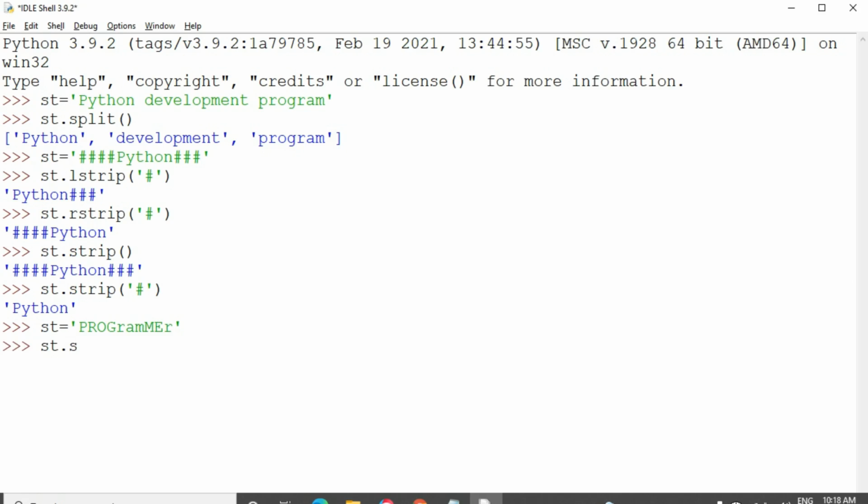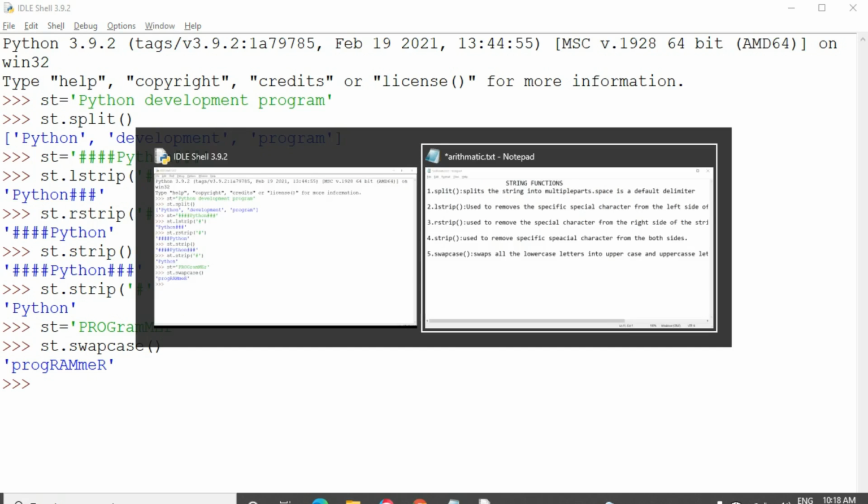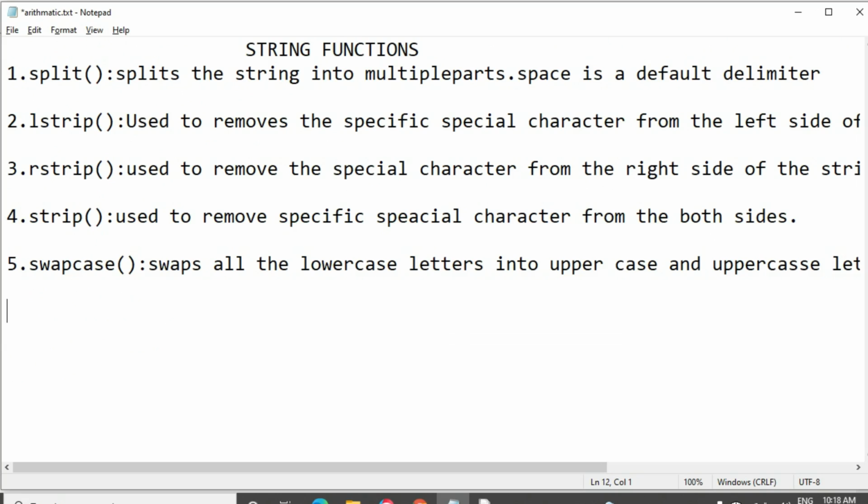I am going to apply the swapcase function, st dot swapcase. See, all the lowercase characters have changed into uppercase and the uppercase characters have changed into lowercase. This is the use of the swapcase function. It will be helpful for your interviews. If asked which function is used to swap the characters, we can say the swapcase function.